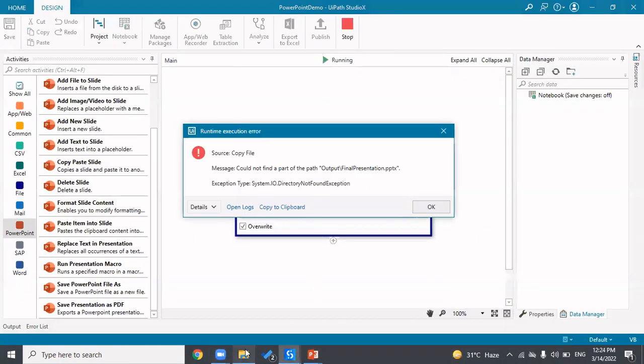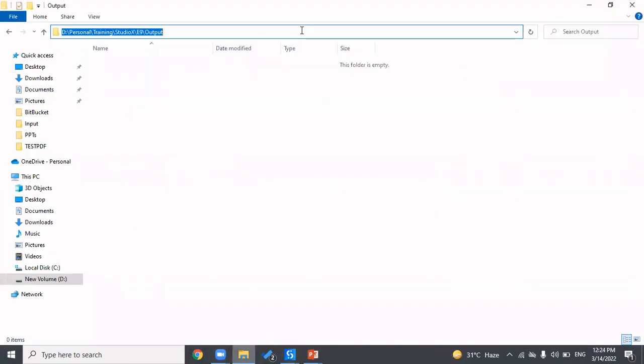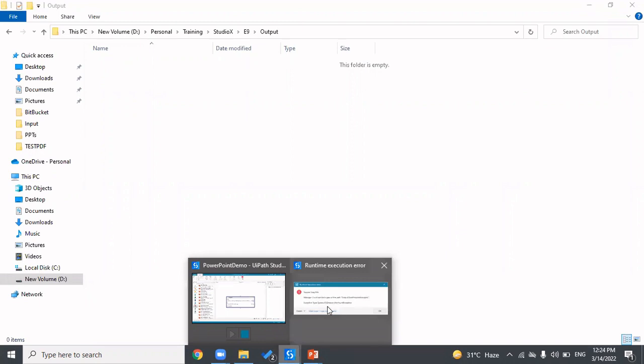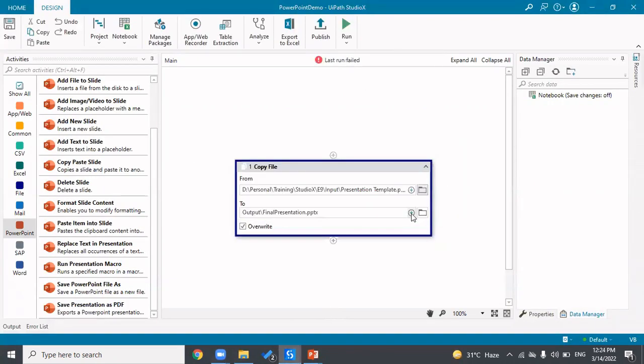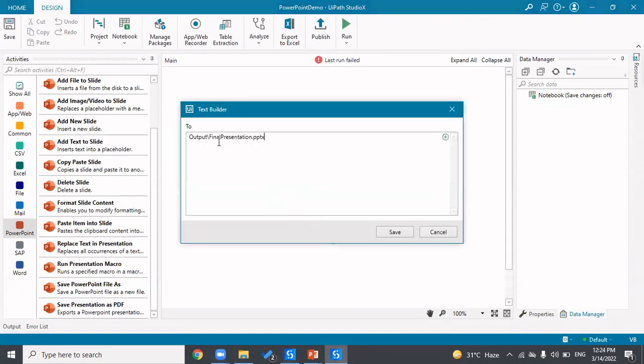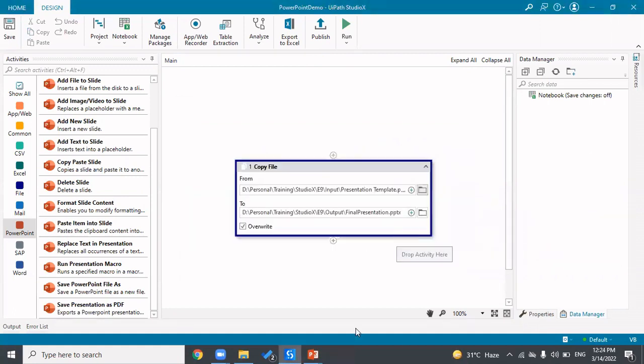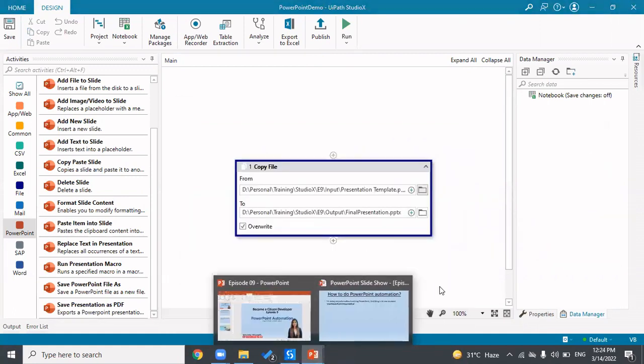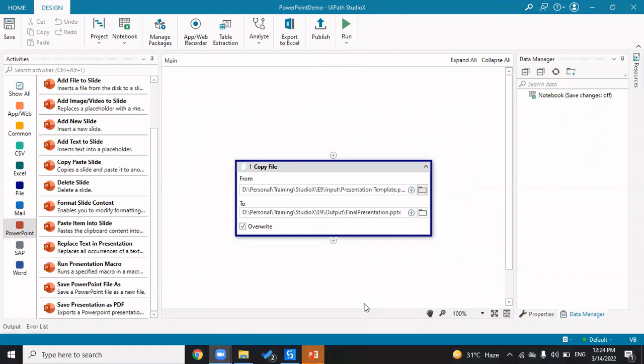So I'll have to copy the path. I'll go back, click OK, open the text editor, and instead of this output here, I'm going to paste the path. Now it will be able to find it, because it's not in the immediate directory, so we have to give the entire path for it. And now if I run this thing,